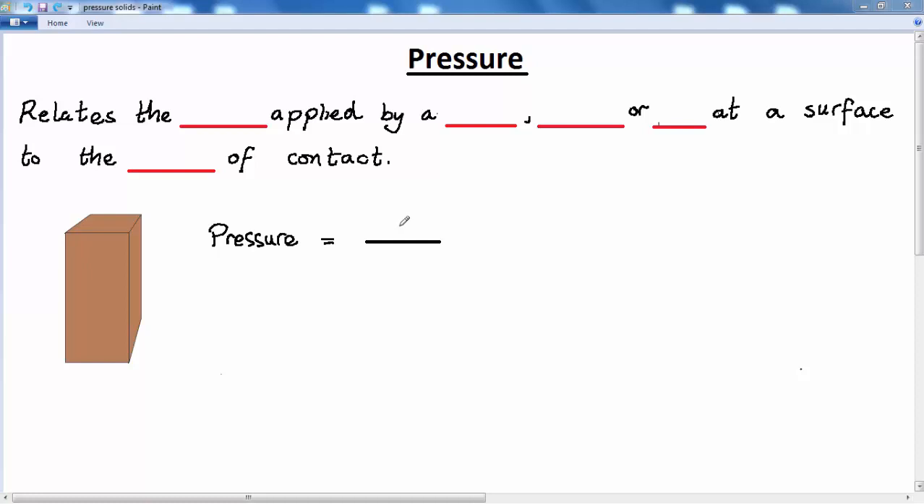In this lesson we're going to look at the quantity of pressure. Now pressure is something which relates force and area. Specifically, it relates the force applied by a solid, liquid or gas at a particular surface to the area of contact with that surface. Now in this lesson and the next lesson we'll be looking at the pressure applied by solids, and in the lesson after that we'll look at the pressure applied by fluids,